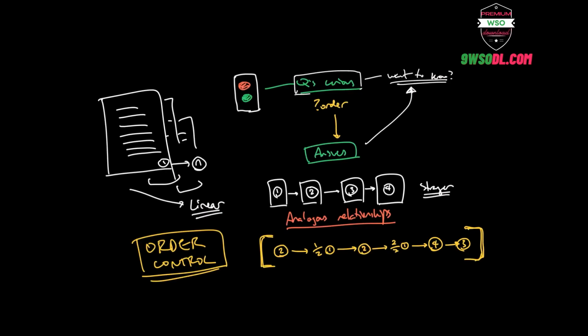And by not using order control to our advantage, it's kind of like if you were to bake a cake and the ingredients say, okay, well, first of all, put the cake mix in, and then number 2, add in the eggs, then you might think, okay, well, what I'm going to do is I'm going to add in the eggs first, and then I'm going to put that in the oven, and then I'll add the cake mix in after that. So you might have swapped in just a couple things in the order, but not doing it in the right order means that the entire thing is a very different outcome. It really doesn't make sense.